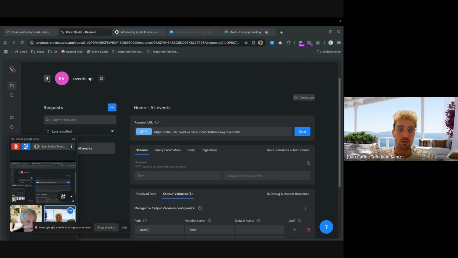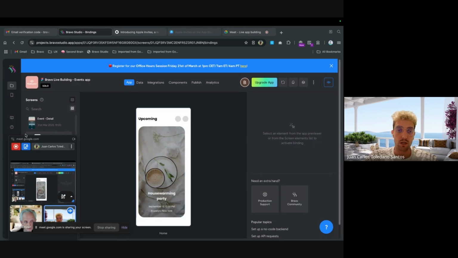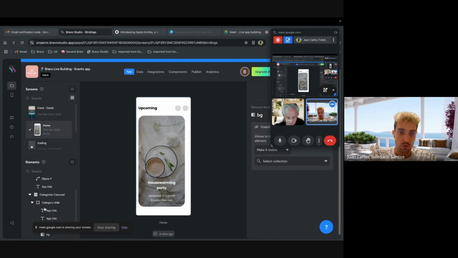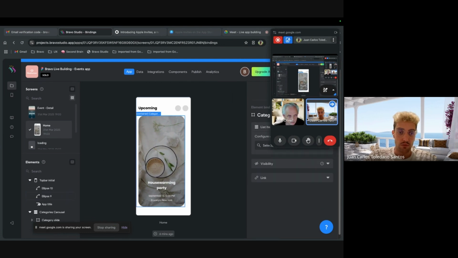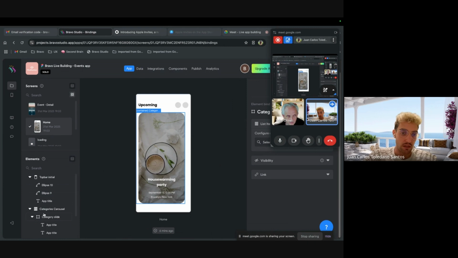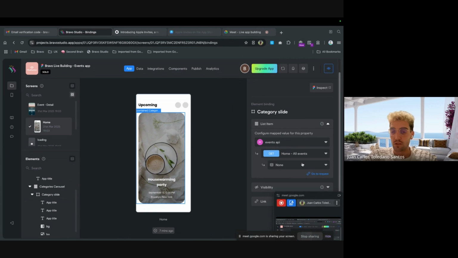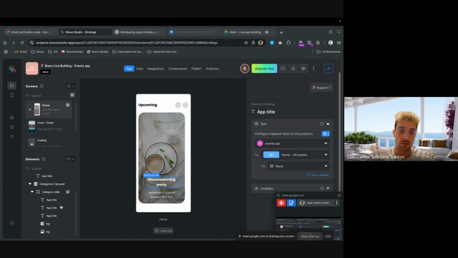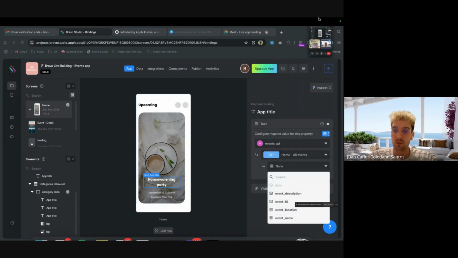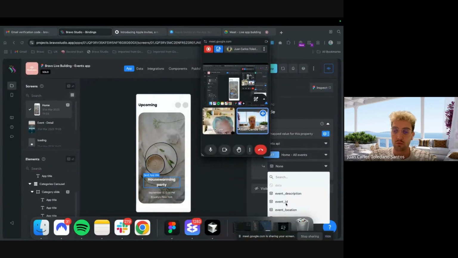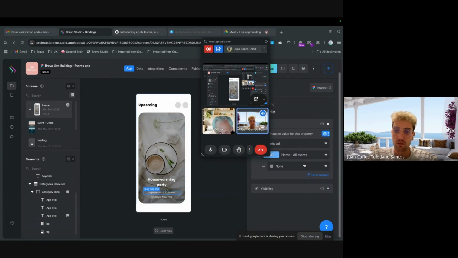Right, so now we're going to come to our app and we want to bind the container, which is wrongly named as category slide because I didn't change any layer name. But we're going to connect it to our home all events endpoint. This is the data. And now this would be the title. So again, here we would need to name every layer and element in a way that we can recognize. So this is going to be connected to our name. We don't have the date in a human readable format, but what we're going to do is